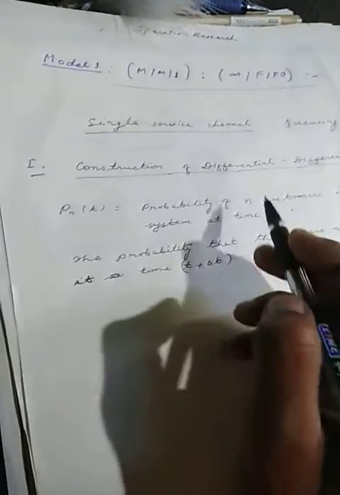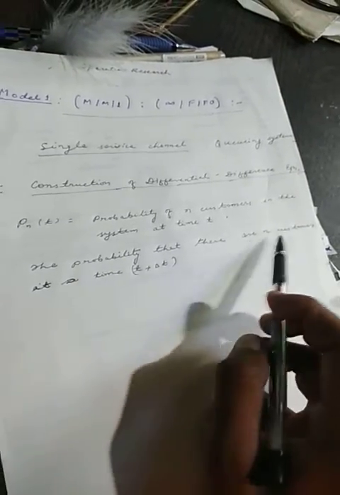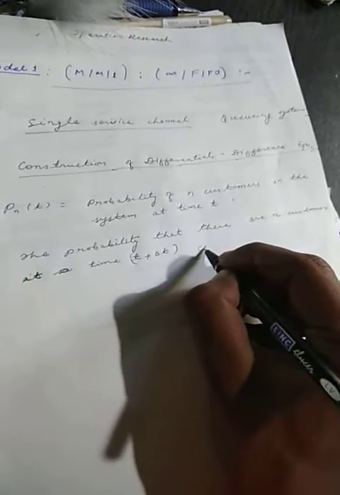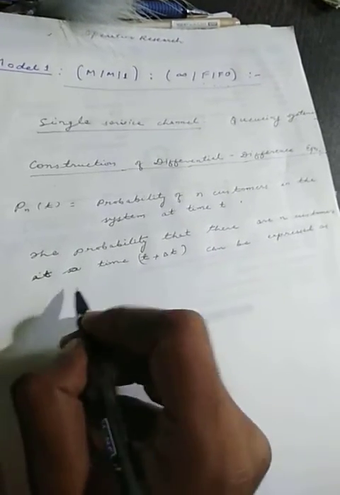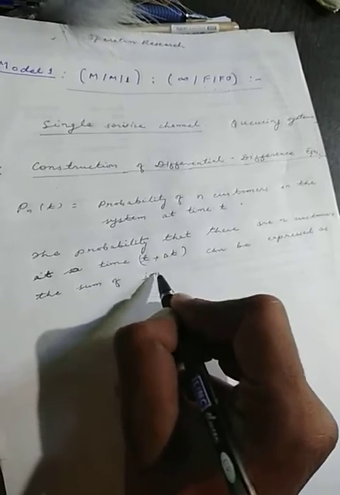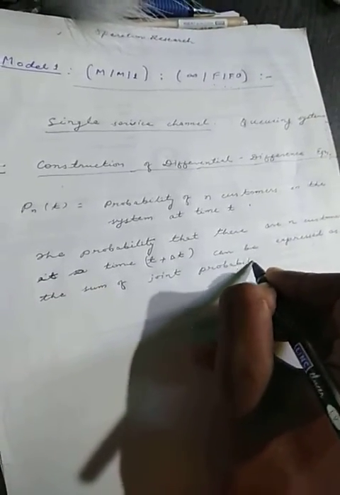Firstly Pn(t) was the probability of n customers in the system at time t, and suppose there is a small increment in time. The probability that there are n customers at time t plus delta t can be expressed as the sum of joint probabilities